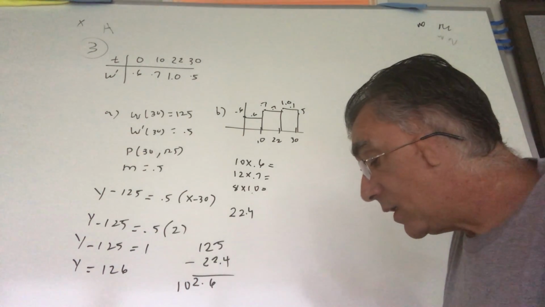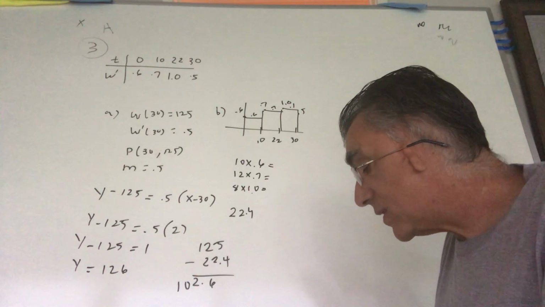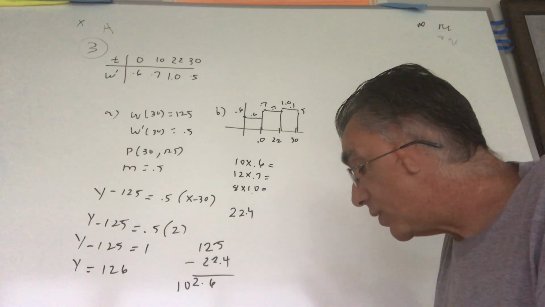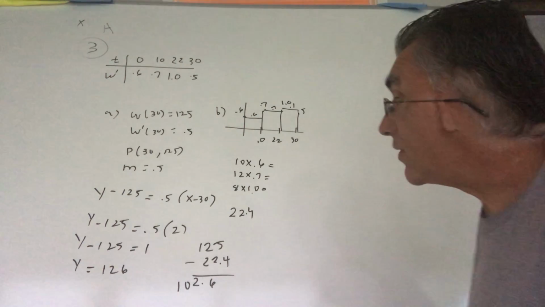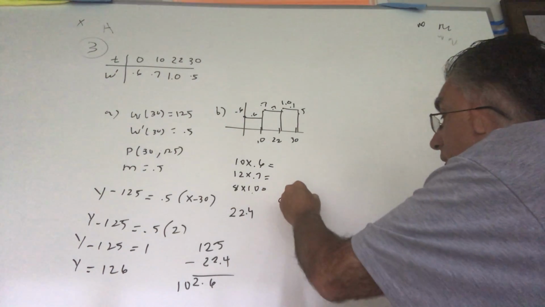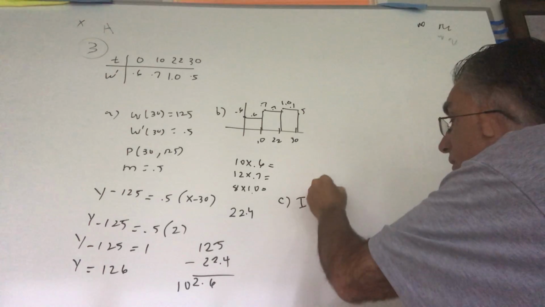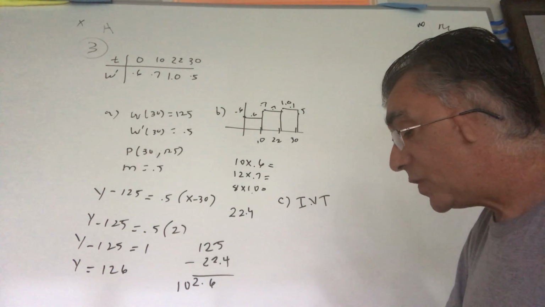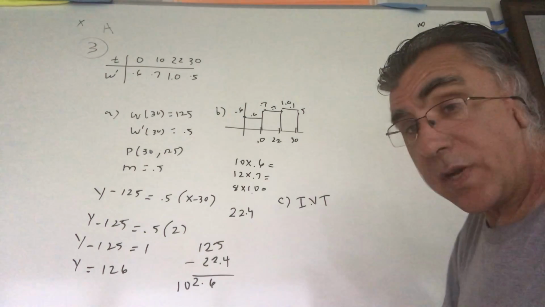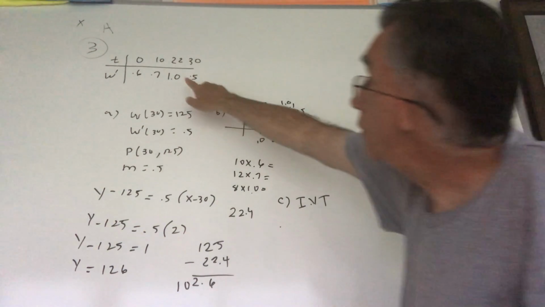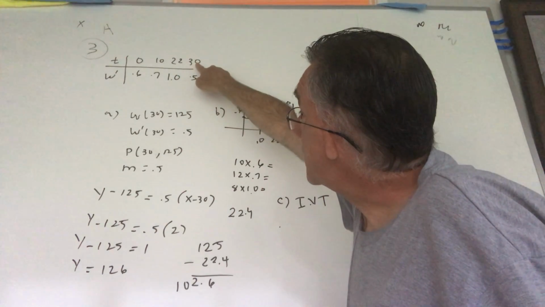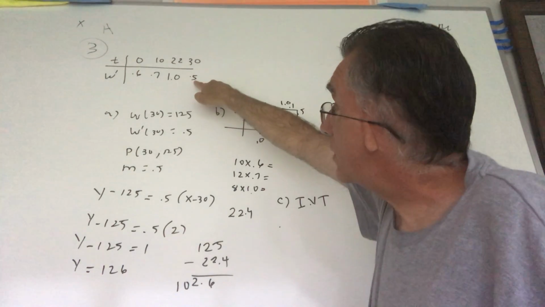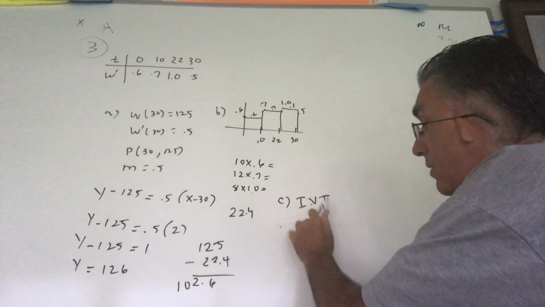Okay, explain why there must be one time other than 10 where the derivative has to be 0.7. This is called the intermediate value theorem. I can't go from, when I'm at 22, I'm at 1, and then by the time I get to 30, I'm at 0.5. I can't go from 1 down to 0.5 without passing through 0.7. So by the intermediate value theorem,